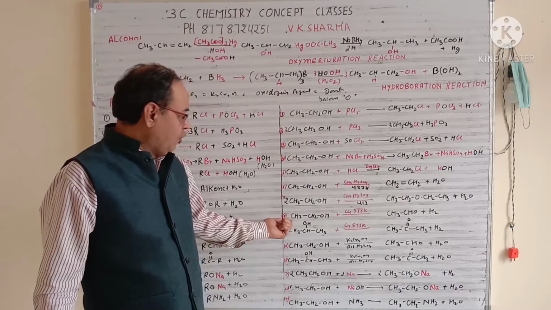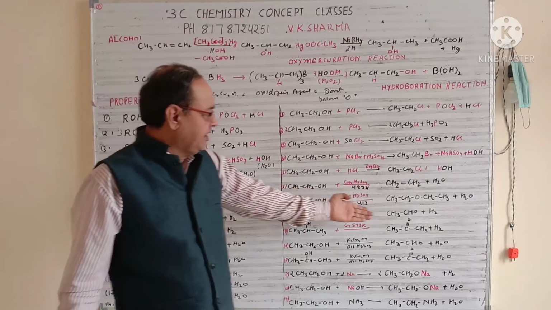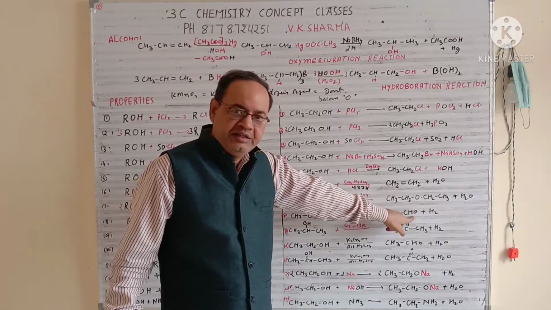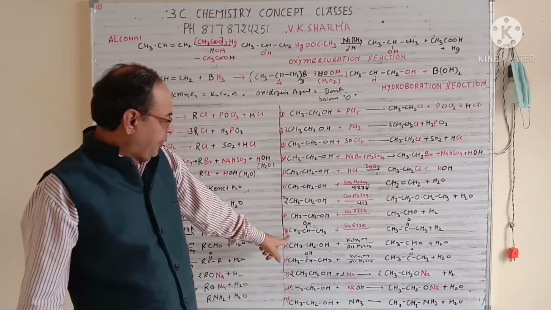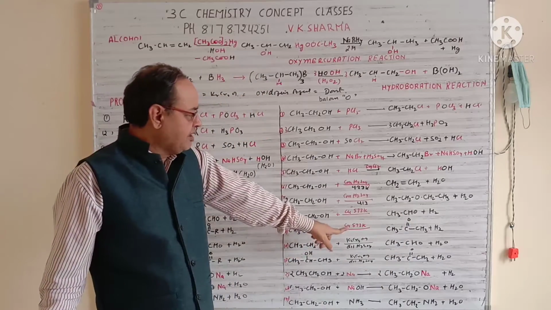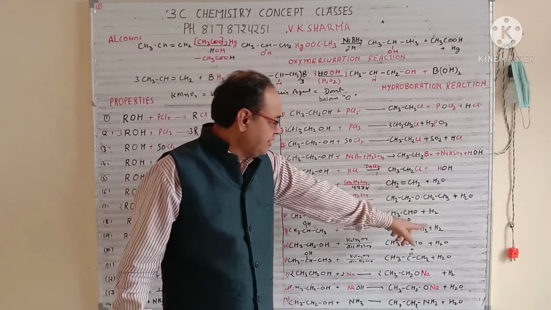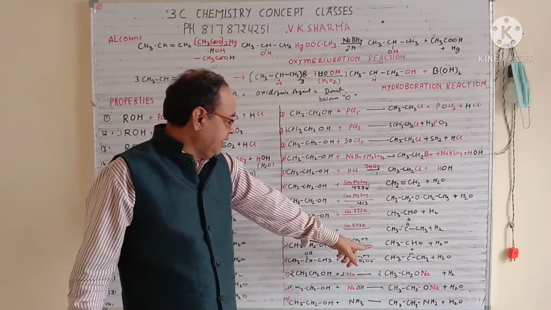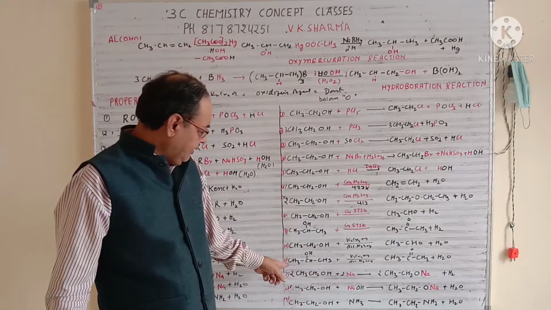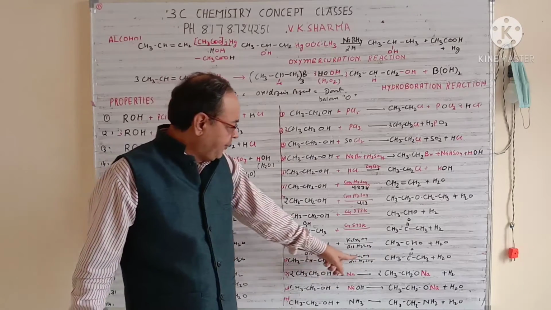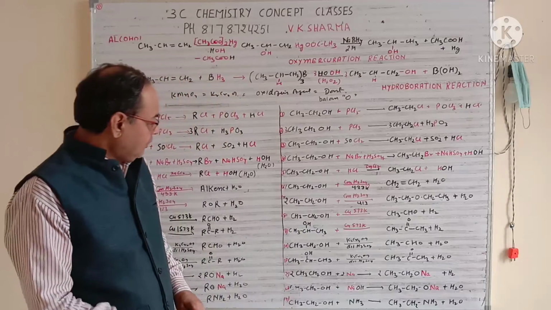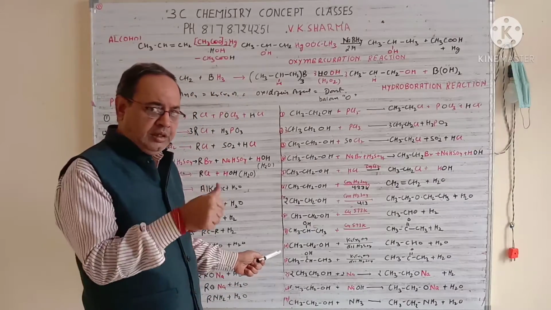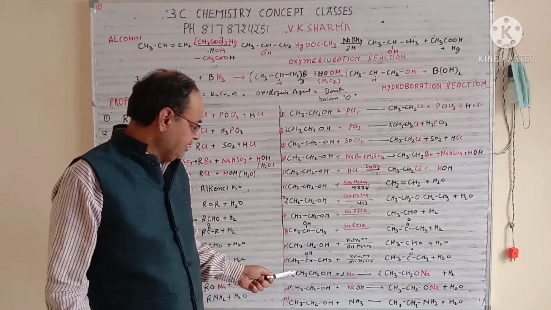Now when ethyl alcohol reacts with copper, that gives you ethanal. Further, if you react this with K2Cr2O7, that will give you ethanoic acid. When 2-propanol reacts with copper at 573, that will give you propanone plus H2. Now ethyl alcohol with K2Cr2O7 gives you ethanal, while 2-propanol will give you propanone. So this is your aldehyde and ketone preparation. This is coming for the first time, we haven't done it previously.